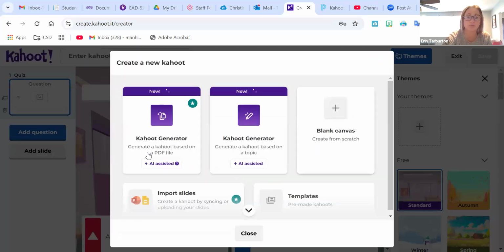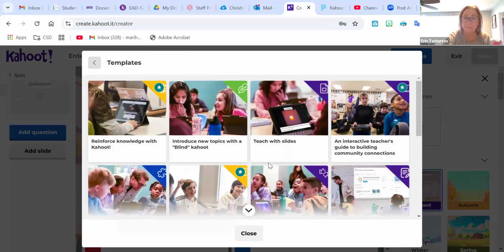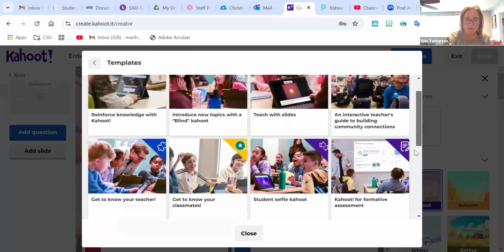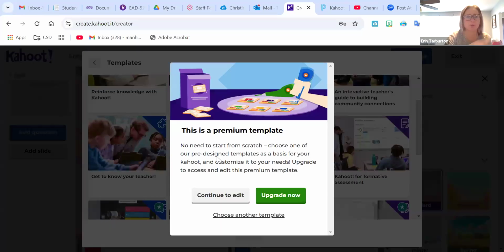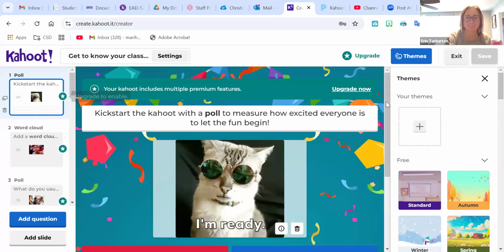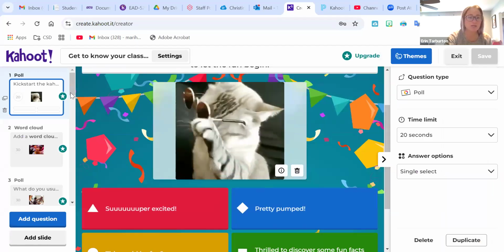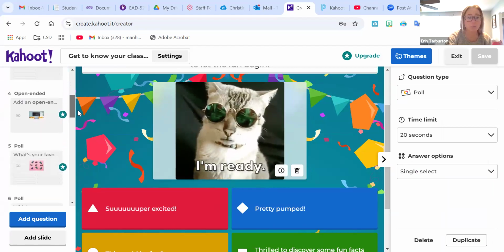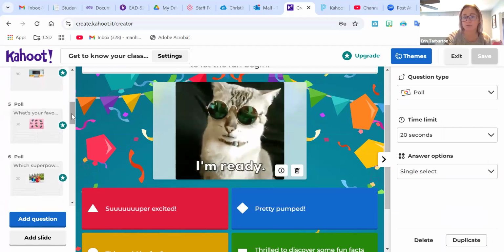In Kahoot, they also have Kahoot generators, blank canvases. They also have templates. And in this template, there is a get to know you, getting to know your classmates. And you can personalize these questions as much as you want to. The first question of this template being, how excited are you to begin? Moving on with some polls, some open-ended questions, and it can go as easy as what's your favorite thing to